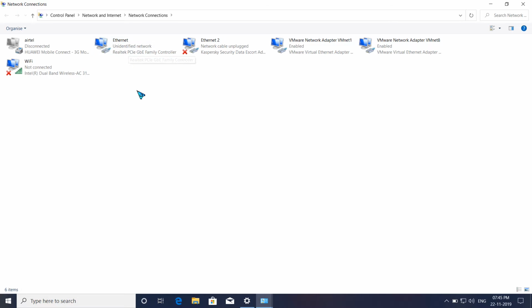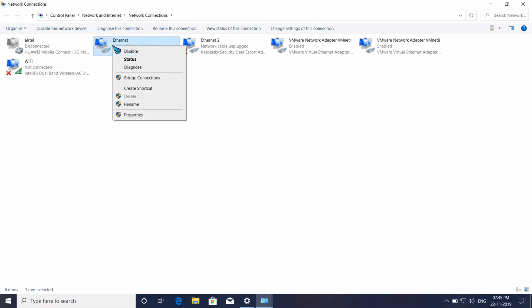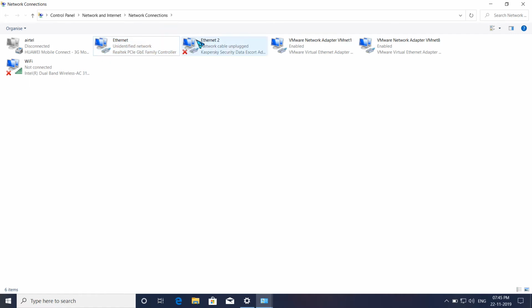So this is the LAN port which I inserted recently, the Ethernet 1 cable. Just right click on it and select Properties. Make sure you properly find which port this is, that means you have to find the correct modem port here. In 90% of cases this is Ethernet 1, and this is the Realtek GBE Family Controller.